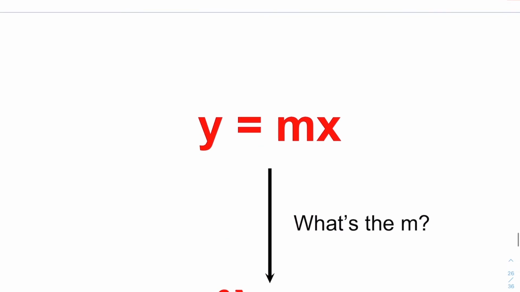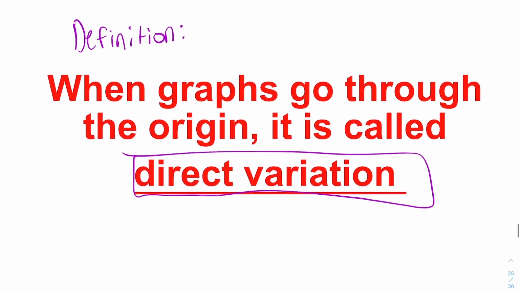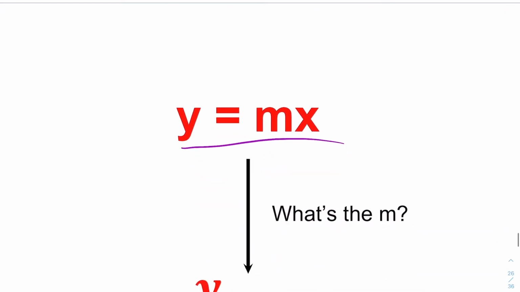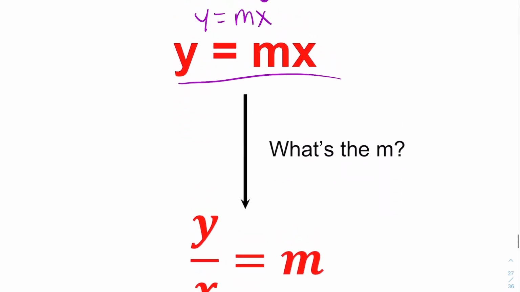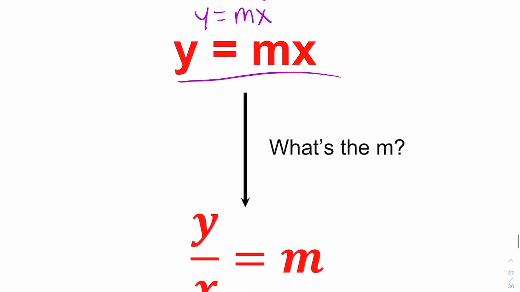Direct variation graphs come from this equation, y equals mx. If we are going through the origin, then whenever we have y equals mx plus b, b is 0. So really, all we have is y equals mx, because we're not going to add or subtract anything to it. If you ever have a graph that goes through the origin,